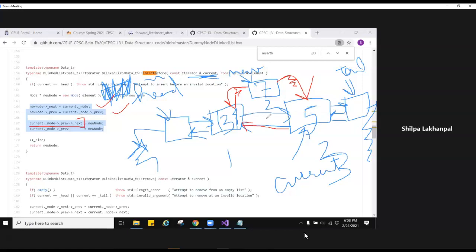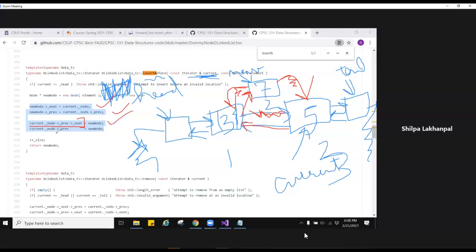We should be able to get this pointer. That's why current previous's next is this pointer. Break it off from here and have it point to where new node is pointing, which is this one. That's what this line does.